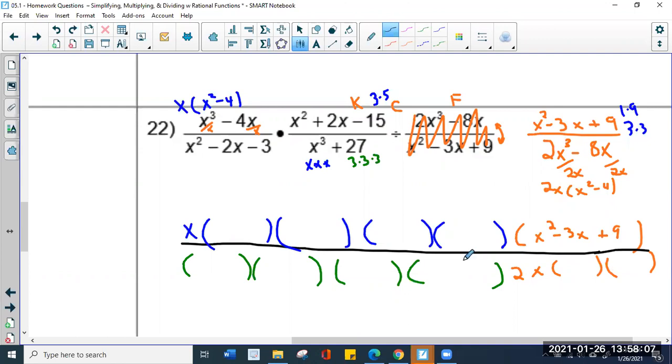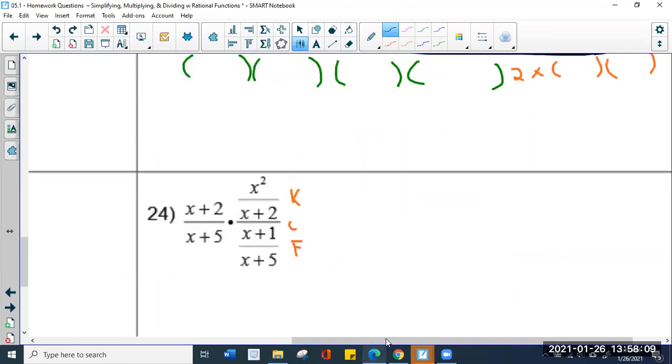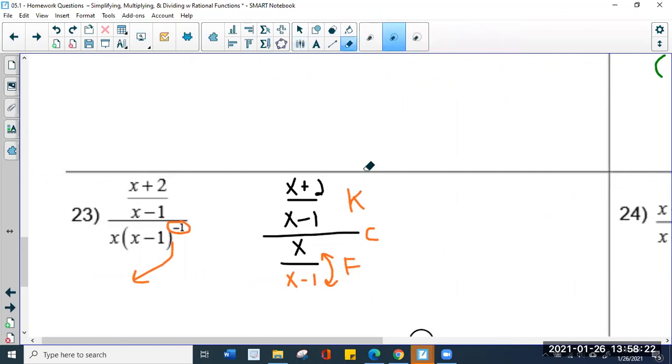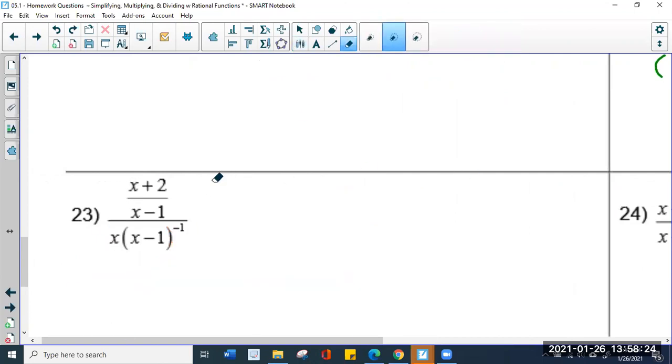So the last thing I want to show you is when you come down here to a problem like 24, this problem is actually very easy because it's all factored. All you have to do is keep, change, flip, and cancel. And then even a problem like 23, you might be like, well, Mr. King, 23 scares me because there's a negative sign on it. But what does negative mean? Negative means